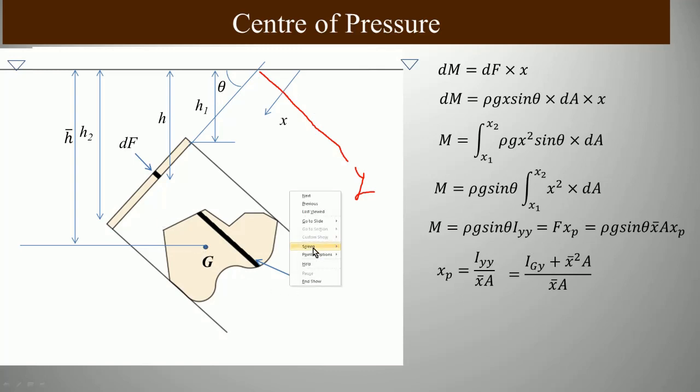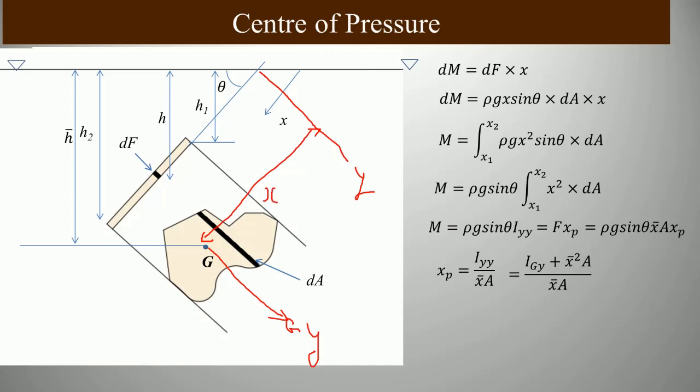Igy, when I say, we'll go to the pen here, this is Igy, this particular axis is Igy. Now this Igy, which is in this direction, plus x bar square, x bar is this distance, correct? This is the x bar distance from this particular point to this center of gravity.